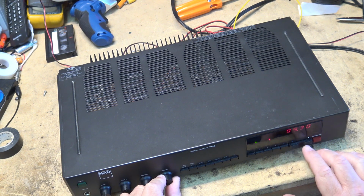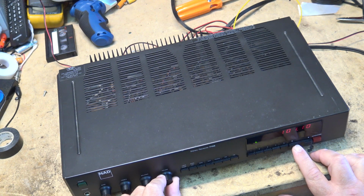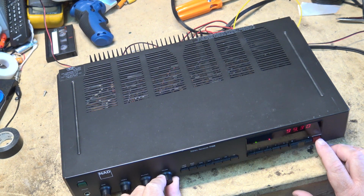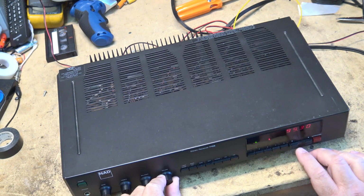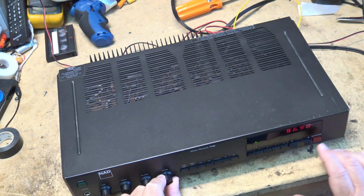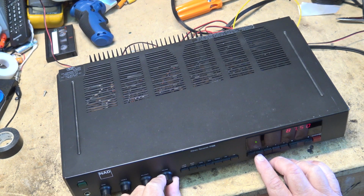I'll set number 4 to 101.1. Actually, I'll set number 5 to 101.1. I'll go back to 99.3. I'll set that on number 4, and I'll set number 3 to 96.9 just to play around with this thing. There, 96.9. Enter 3. So now I've set